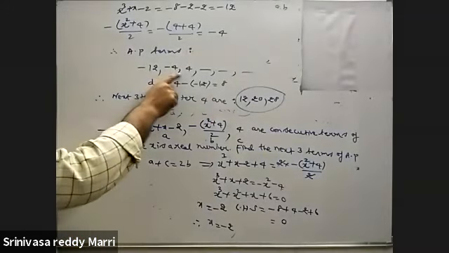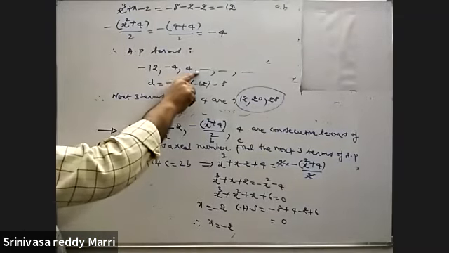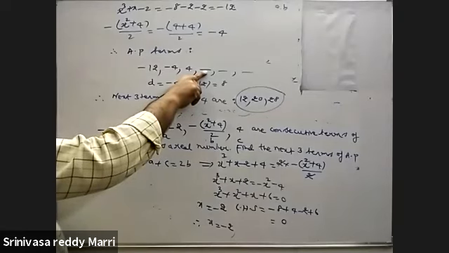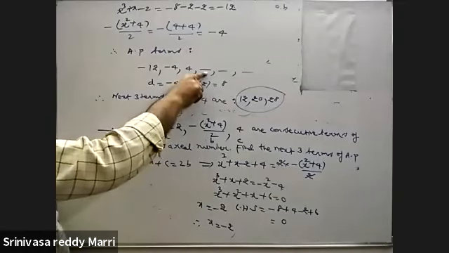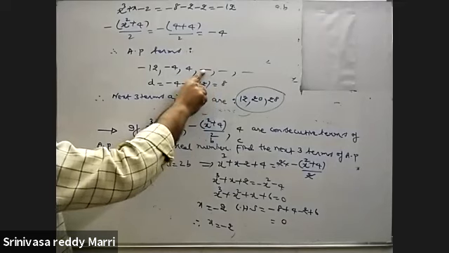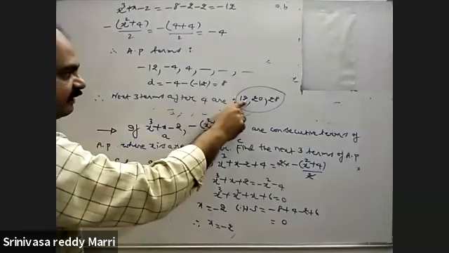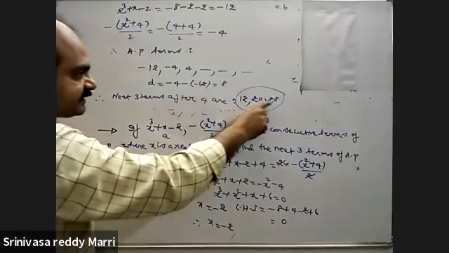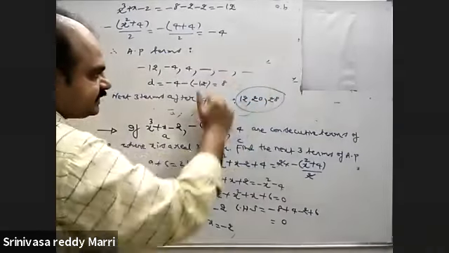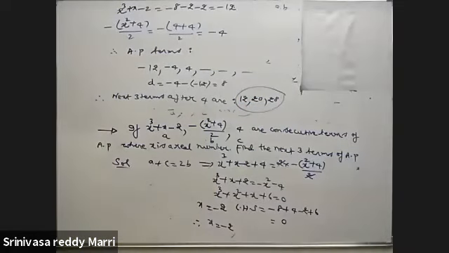Look at here, you know the common difference. After 4, what will the term be? Add 8 to it. So this is 12. This term is 12. What is the next term? 12 plus 8, 20. What is the next term? 20 plus 8. So the next 3 terms are 12, 20, 28. Like that.